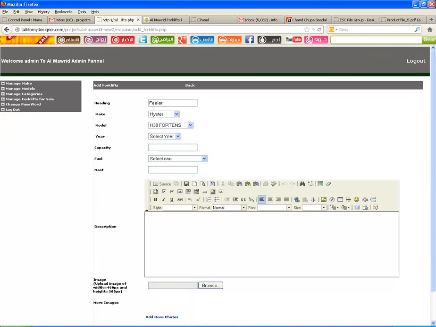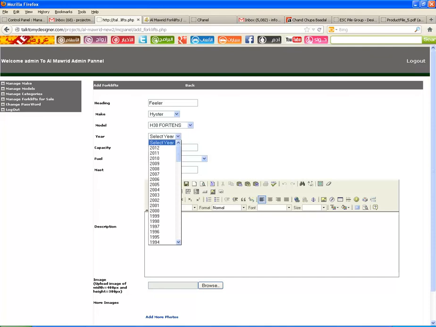Based on the make, the model will be displayed here. If you select any other make, for example Caterpillar, then it will show its models. So now I am selecting Hyster in the make and H30 410s in model.